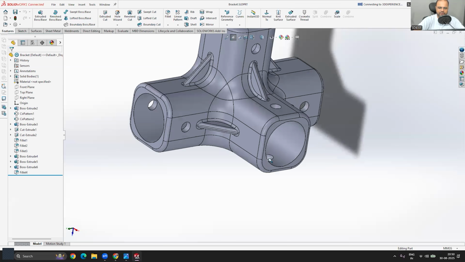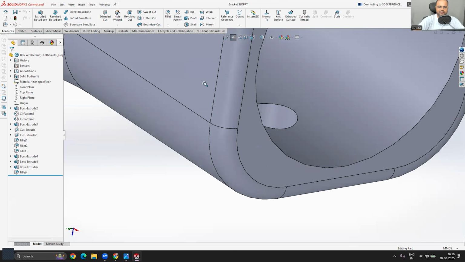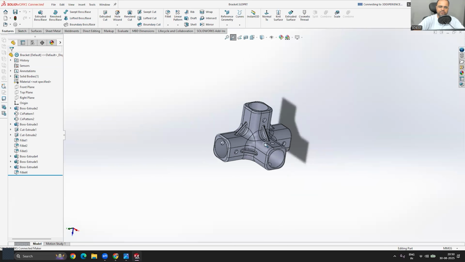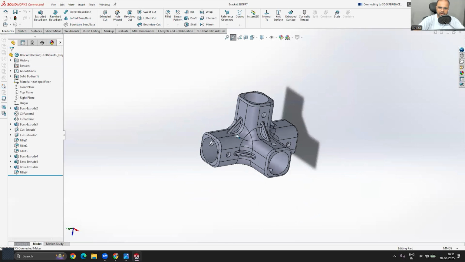Let's say I want to focus on around this hole. So I will make a box like this, and it will focus onto that area only. This gives me an advantage of visualizing any specific feature in our design, right? That is possible through this zoom to area tool. We can zoom onto any specific area of our 3D model, and all the time you have the option to use your mouse scroll wheel to zoom in and zoom out, right?